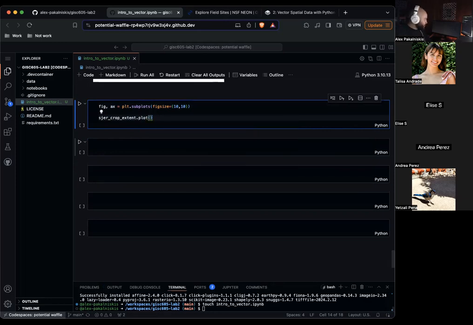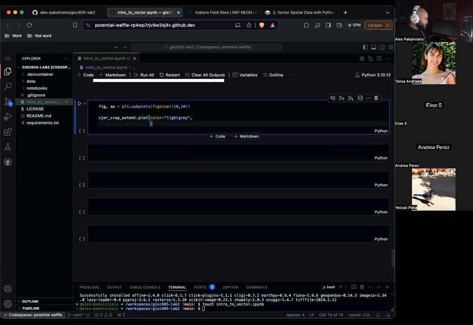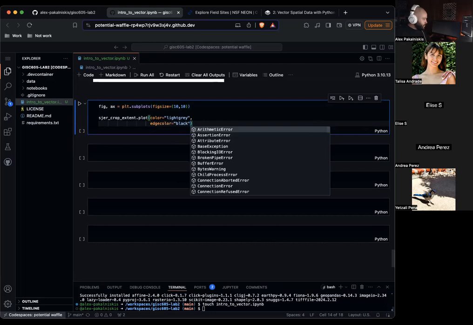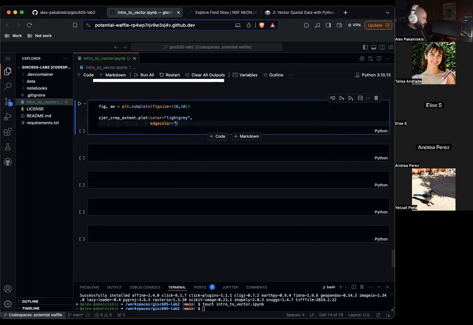Okay. So for this, let's set the color equals light gray, at least the inside of the crop extent. Let's set the edge color to be black. Actually, no, let's make it a little obnoxious. Let's make it purple.